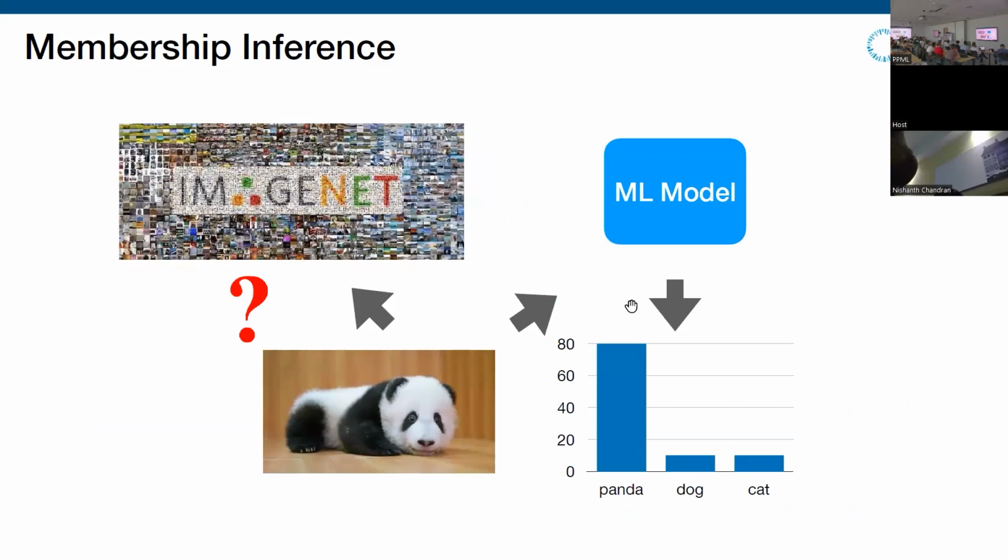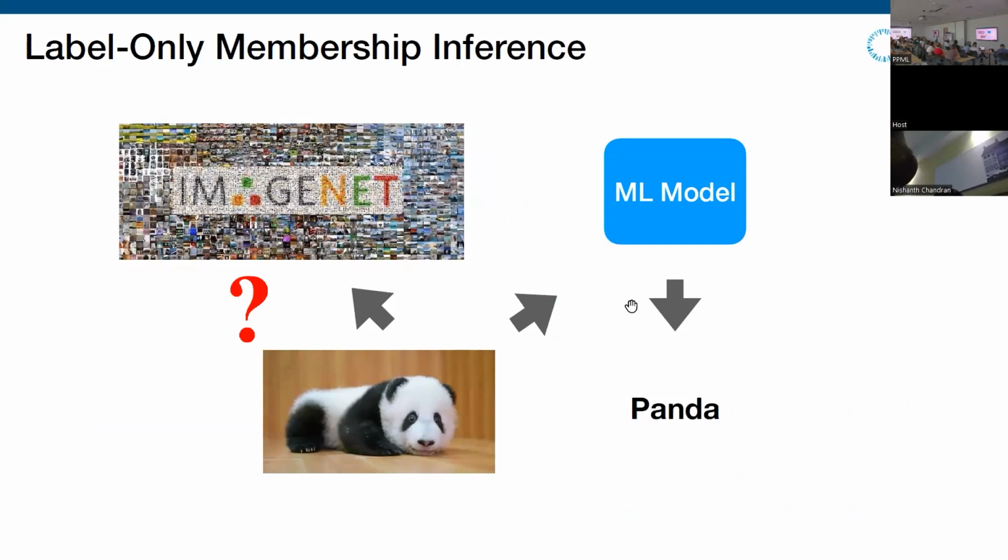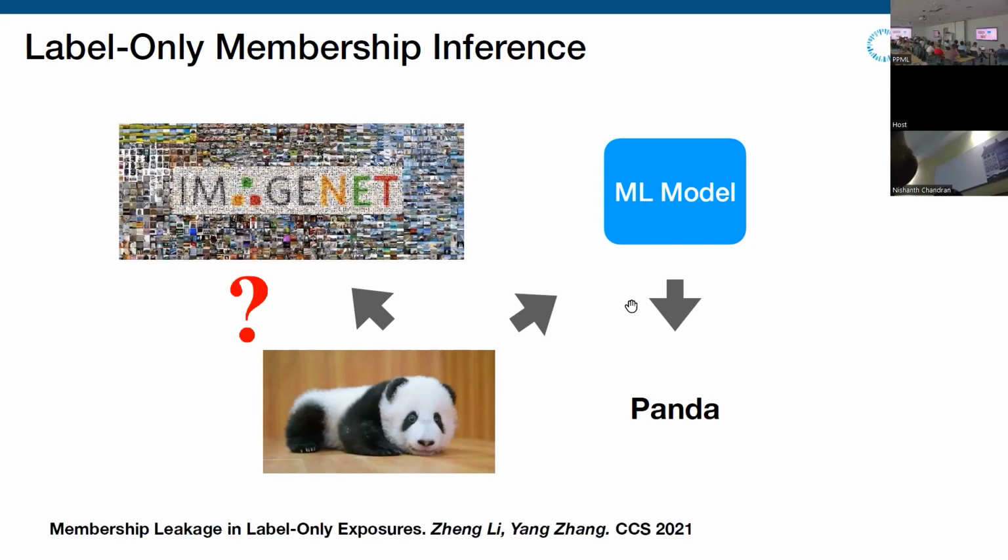Right. So for membership inference, so far everything assumed the target model gives you the posteriors. But what if the target model only gives you a label? Which is very common, let's say, with machine learning models. It will not tell you this is a confident panda, but it will tell you this is a panda. So we don't know whether it's confident or not anymore. In that sense, can we do membership inference? For a few months I thought it was not possible, until my PhD students figured out 2 ways to do it. It's the so-called label-only membership inference.